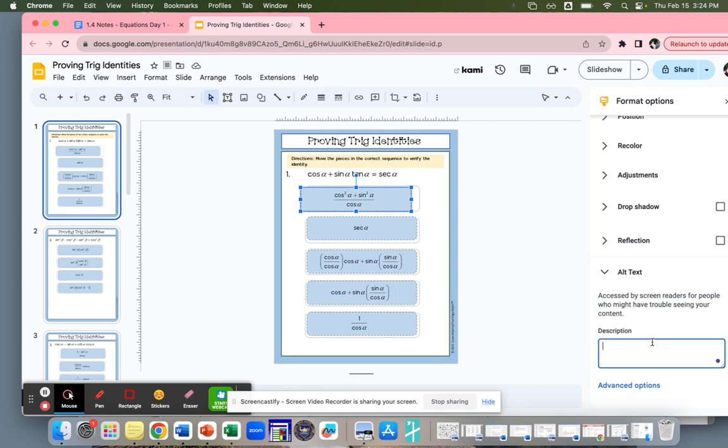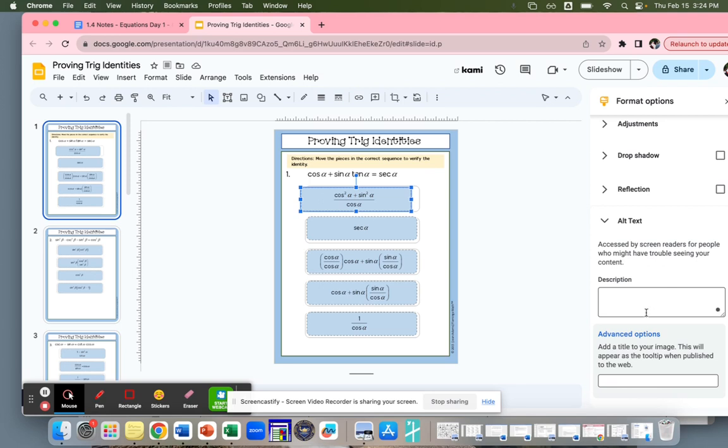Then the other thing that I would be interested in seeing is, can this read? Would I have to type out cosine squared? First, I can't just put cos, I guess, right? So, cosine squared alpha plus sine, and do I have to write out the word plus, or do I just put the plus sign? So I think this would take some time